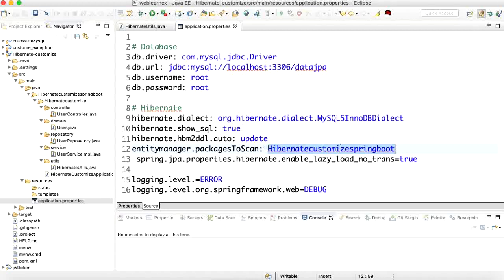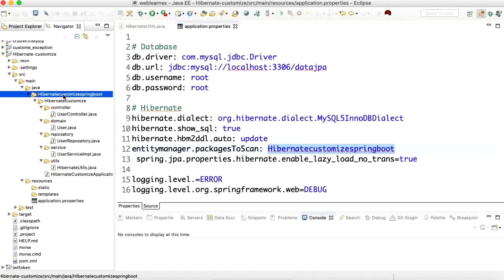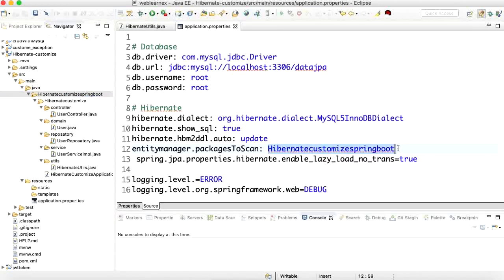So I'm going to scan the entire package. That's why I added my package name. This one is my package name, so I have added it here. But in your case, you need to change it according to your package. So this is the property file.